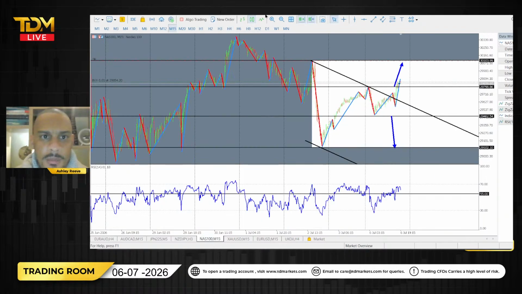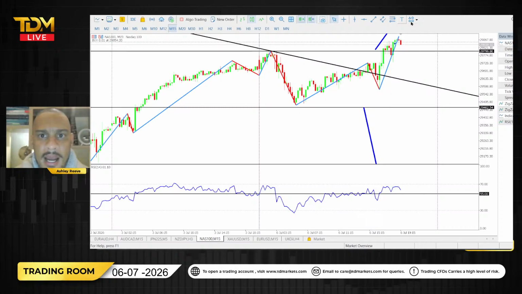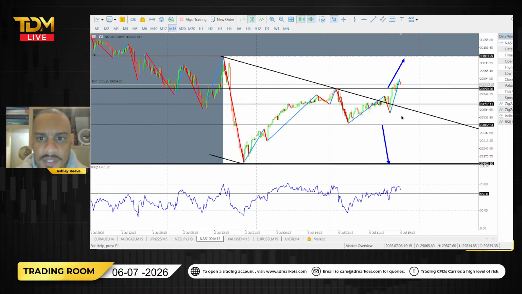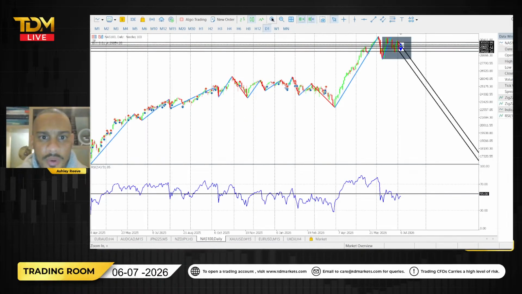So guys, look at this. The NAS, bit of a pullback now here. My stop loss should be somewhere in this area over here. All right. I'm not going to take any chances in terms of leaving this one without a safety net. The reason for that is because if you look at the overall movement here,